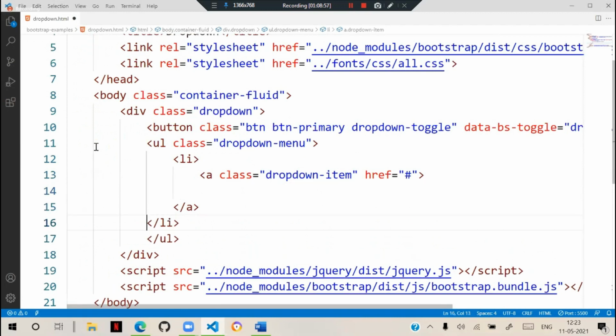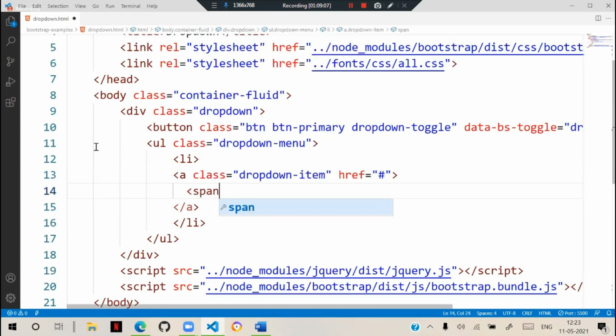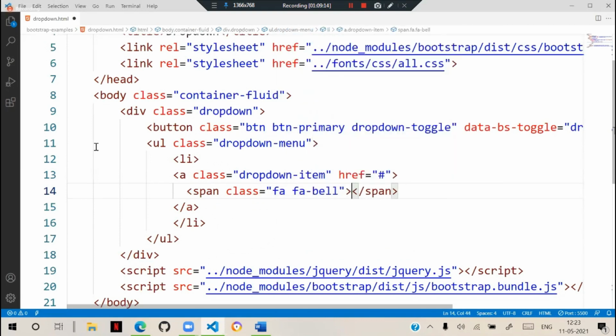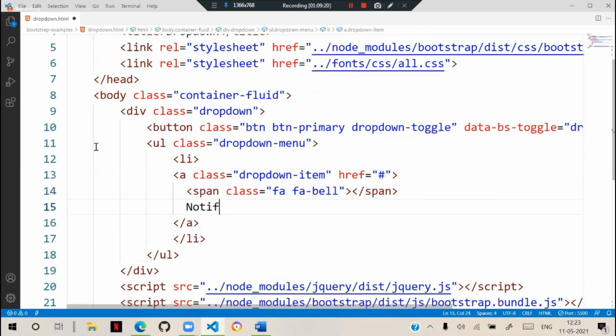In this anchor, we will keep a span with class fa fa-bell, and we will put the text Notifications. So that is one option. Now that is one item.